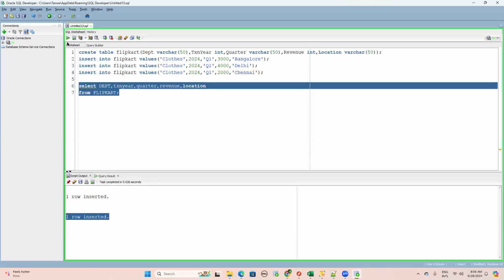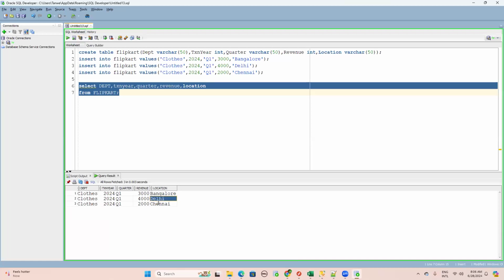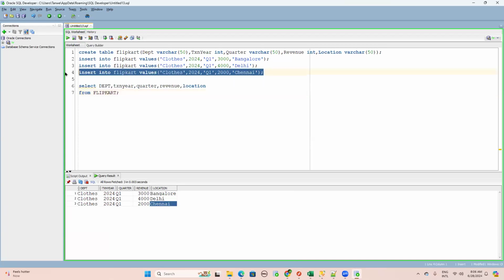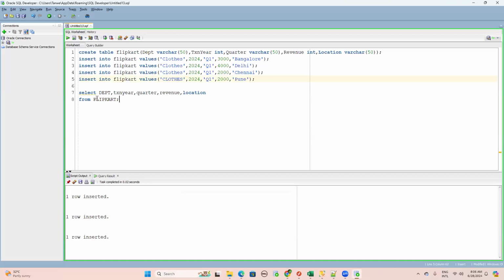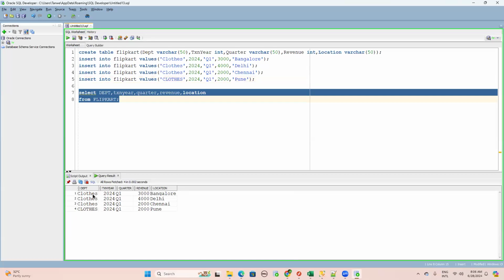Now, if you want to check the data, you have Bangalore, Delhi, Chennai. Now you have 3 records. Clear? Similarly, let me add Pune as well. And this time I will write everything in uppercase. Let's say this is for Pune. So now if you check the data, we have data of all these 4 locations which we have inserted